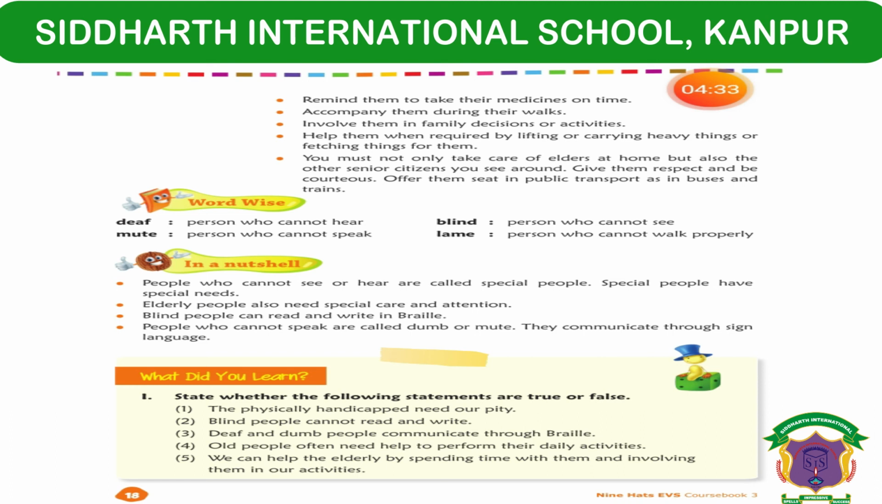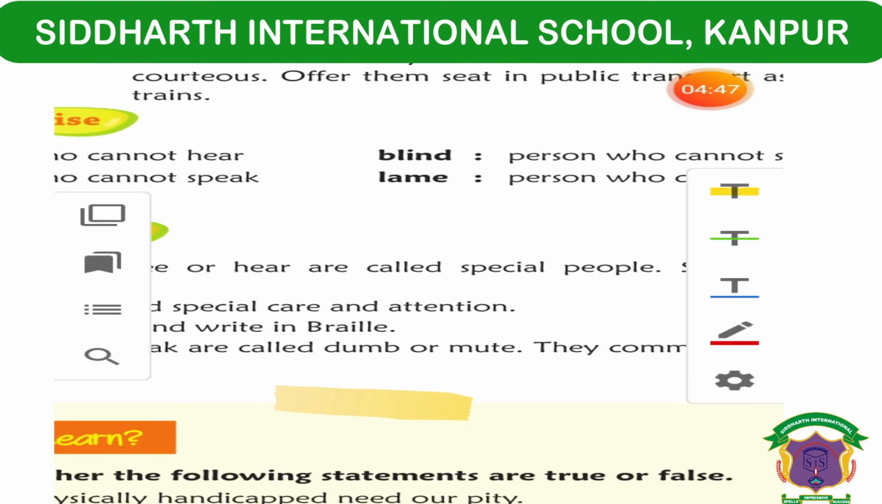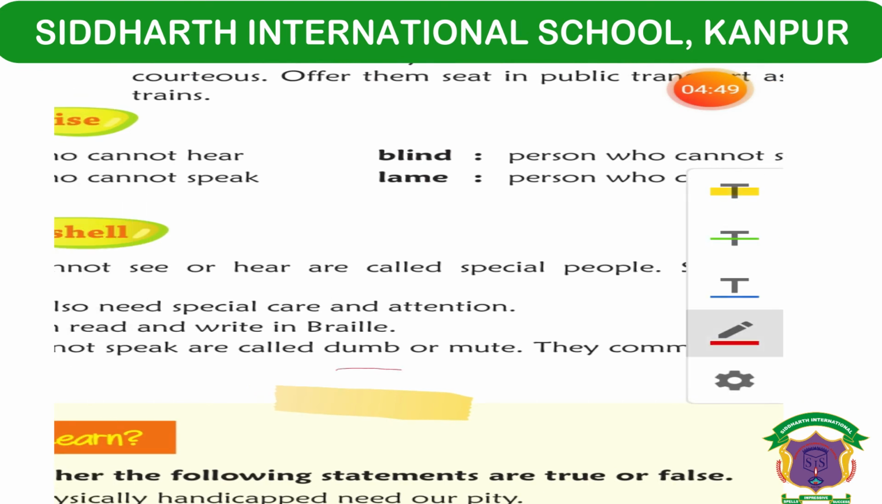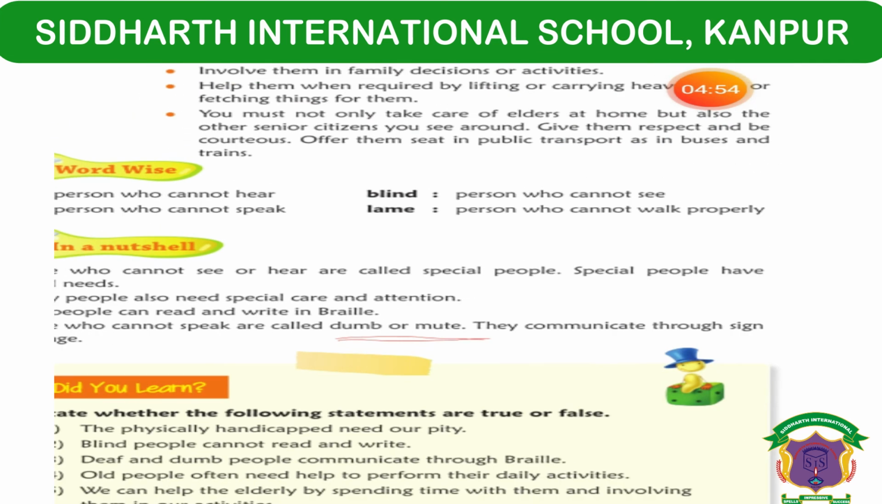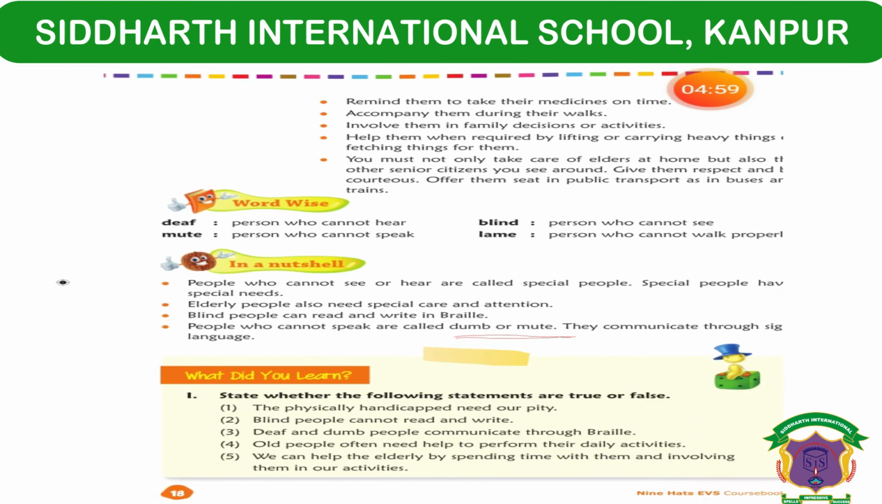Okay, so next is people who cannot speak are called dumb or mute. They communicate through sign language. So children, here we have got a new word for people who cannot speak, and that is dumb. Dumb or mute, both the words are used for the people who cannot speak, and they communicate through sign language. Also children, I told you, those who cannot hear,